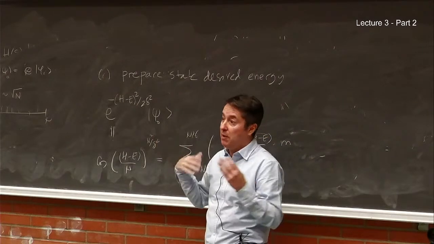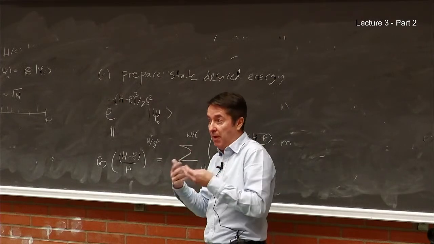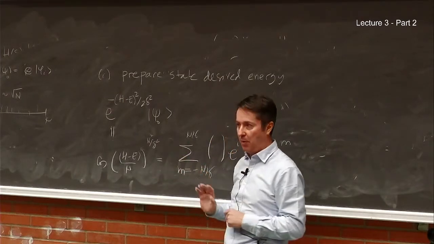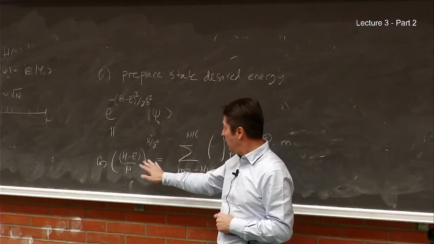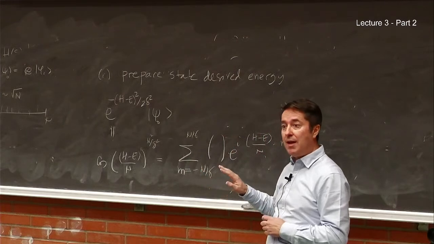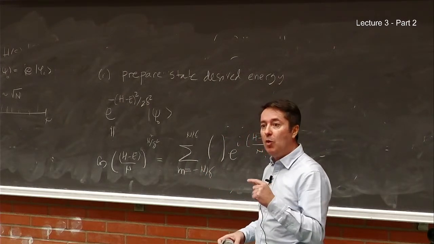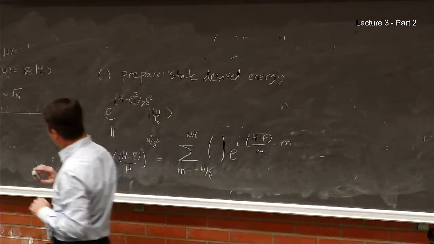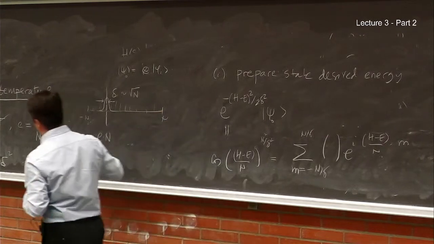This could be a measurement, but if you have measurement, then you have to take into account that the probability of success may be very small, and then everything scales down exponentially. So that's why there is the third step. Instead of preparing something like that, what you're going to do is something different.